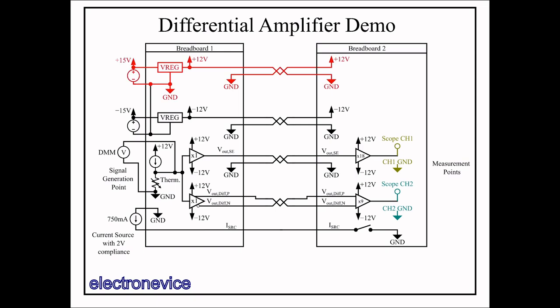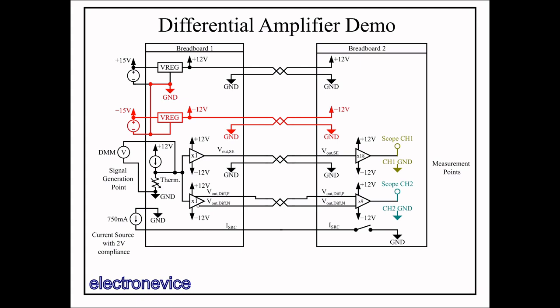We have a plus 15 volt power supply coming into a positive 12 volt linear regulator and ground, which provides power to breadboard 1. It is transferred over this twisted pair of wires to breadboard 2, where it provides power to the circuits on breadboard 2. We also have a negative 15 volt power supply coming into a negative 12 volt linear regulator and ground, which provides power to breadboard 1. It is also transferred over a twisted pair to breadboard 2, where it also provides power to the circuits on breadboard 2. The board providing the plus minus 15 volt power rails is isolated from earth ground.